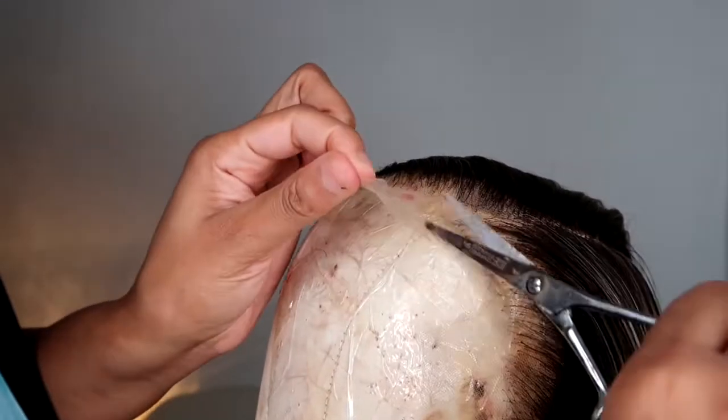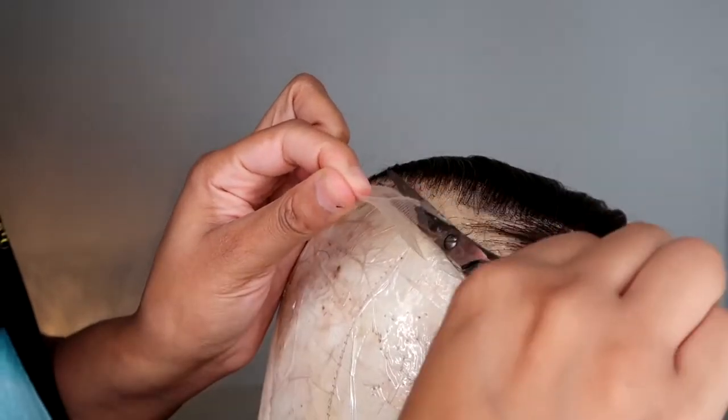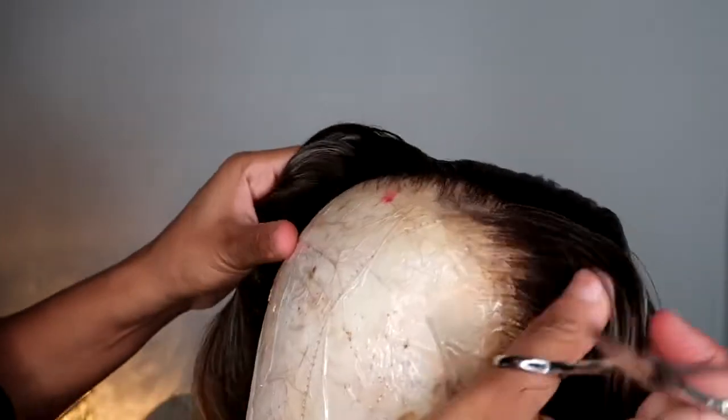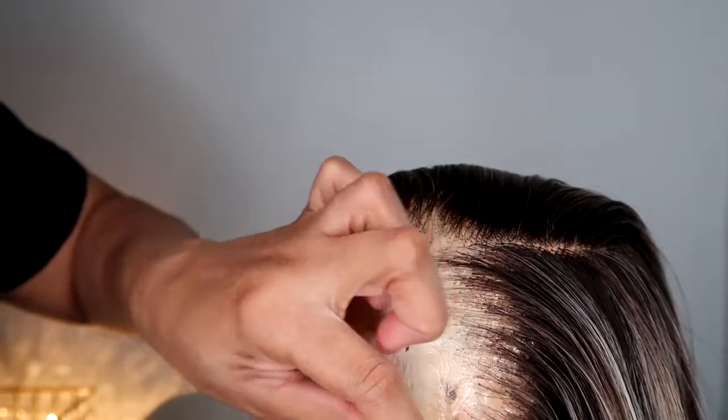Zigzag up and down. Ooh. Make sure you pin your wig back. Then I'm gonna do this last piece. Okay, so this is how it looks